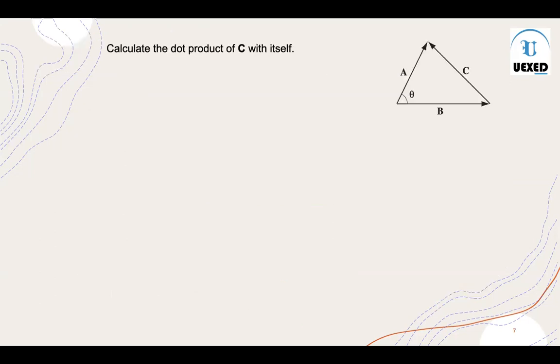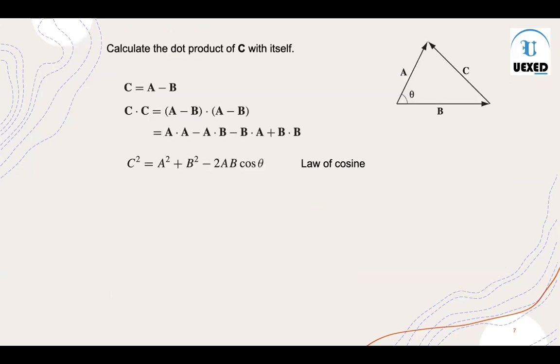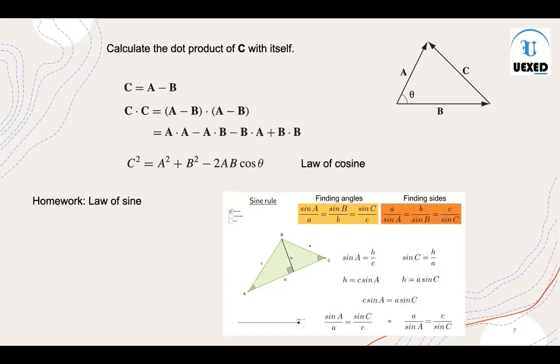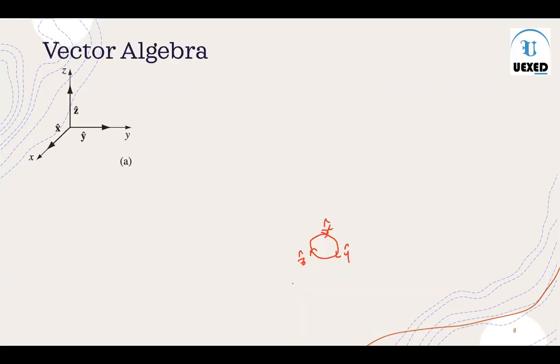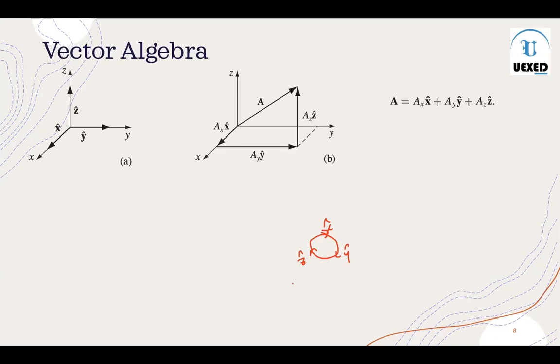So these are some of the properties which we learned. Let me go faster and faster, where we also define law of sine and law of cosine. Then we talked about vector algebra and how we can represent it in a coordinate system, especially the Cartesian coordinate system. There we defined a three-dimensional space with coordinates x, y, z within a right-handed Cartesian coordinate system, and x cap, y cap, z cap denote the unit vectors in the direction of x, y, z respectively.